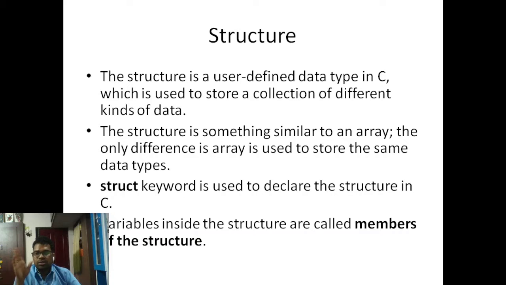So this is the same as an array, but the array can store similar data, while the structure can hold different kinds. Struct is the keyword used to declare the structure in C. Inside the structure we declare some variables, and those variables are said to be members of the structure.